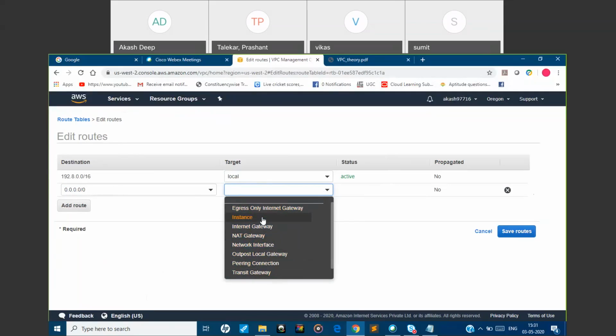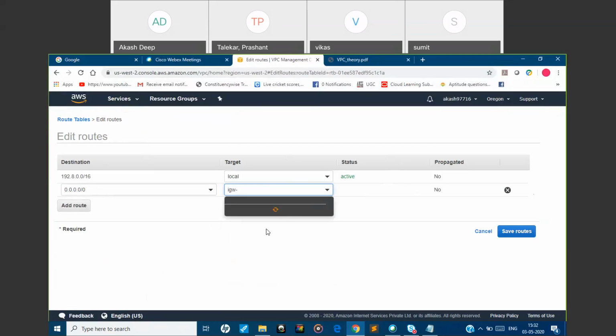What are all these? I will discuss them when we discuss firewalls and ACLs. These are very important topics as compared to security. As of now, just think of it as allowing all destination traffic, and we'll be selecting our internet gateway here.